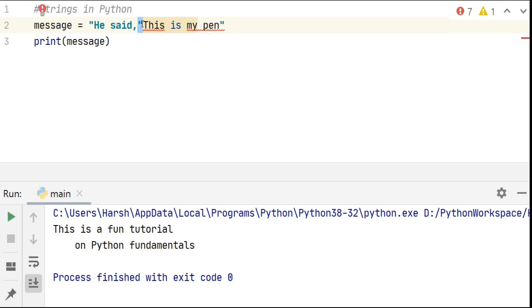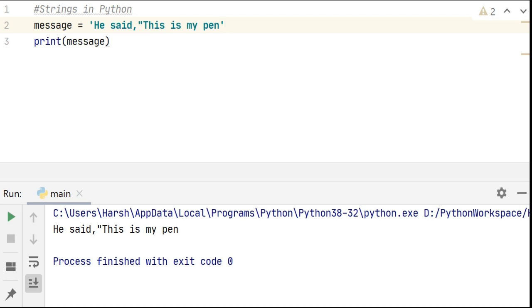Because this double quote right here is considered the end of the statement and the rest of it is giving us an error. So to avoid this error, we can use single quotes instead of double quotes to represent this string. And then when we run this, it would give us the right output.